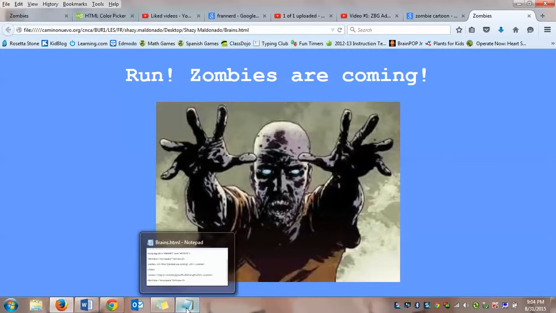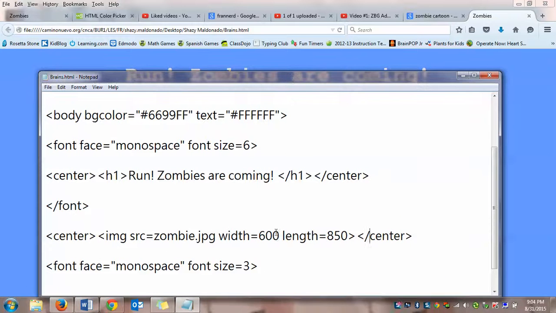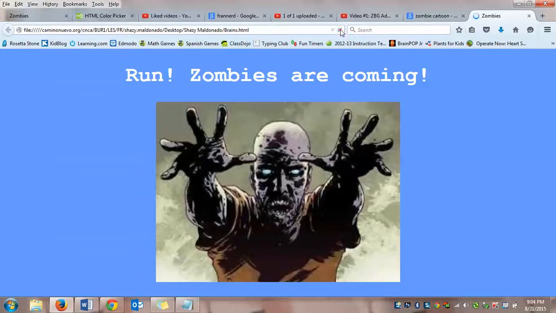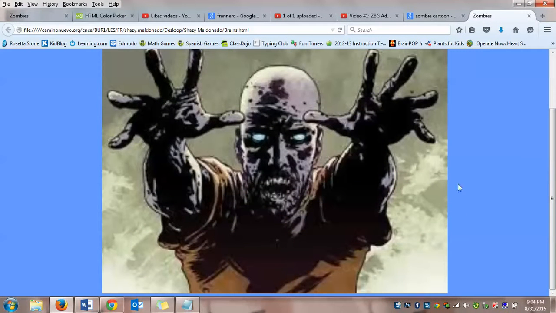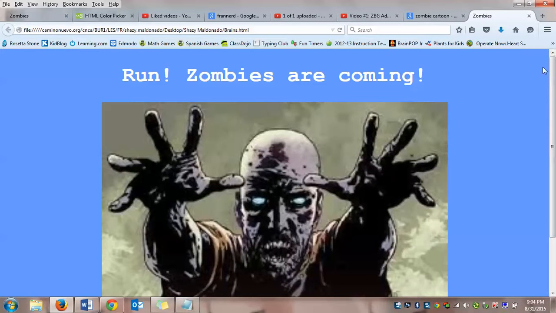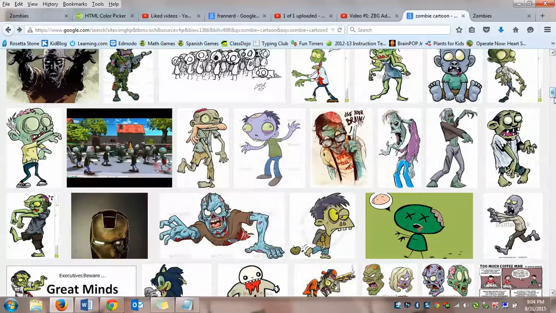Now, if you don't like the size, you can play around with it. Maybe the width needs to be larger and the length smaller, so let's make it 850. And then let's make this 650, Control S again, and then refresh, and there you go. Now, if you don't like the way it looks because it may look blurry, then I would suggest choosing a different picture. Sometimes some of these pictures are not meant to be very large, and there are lots and lots